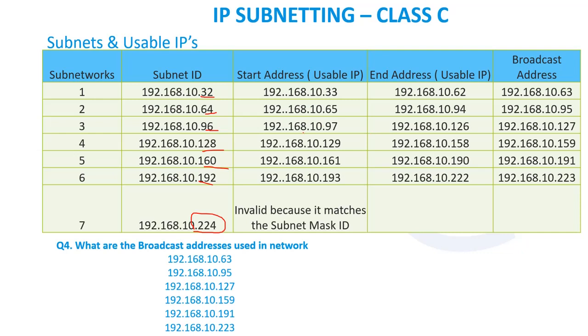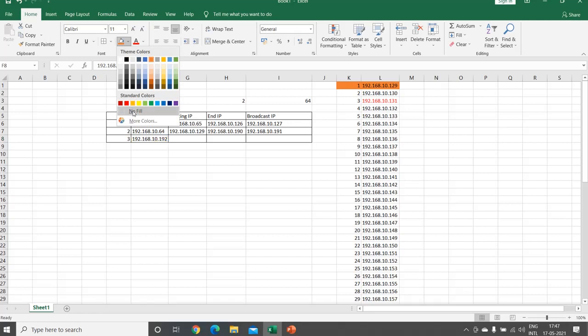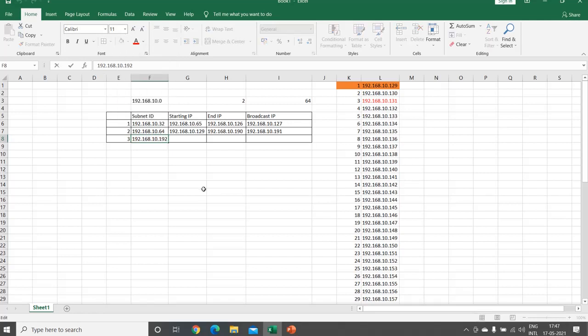Again, I will help you on this. So now I'm making it 10.32. First, fill up the subnet table. 32 plus 32 is 64. 64 plus 32 is 96. So in exams, you cannot spend time writing all this full notation, right?